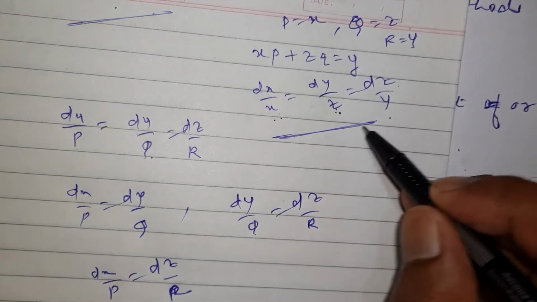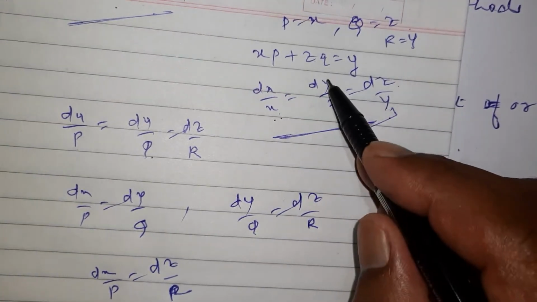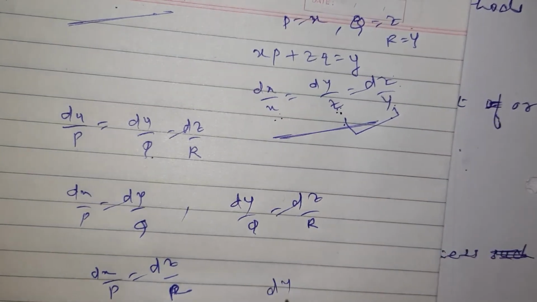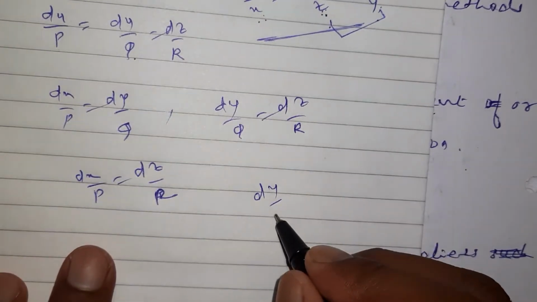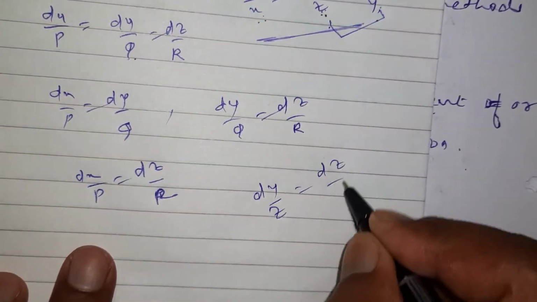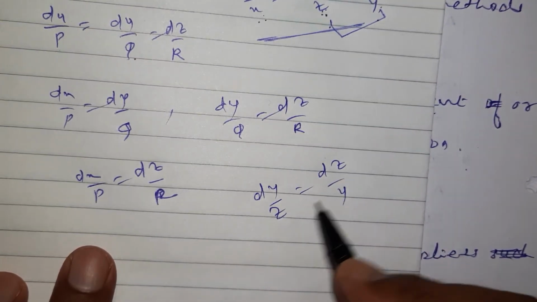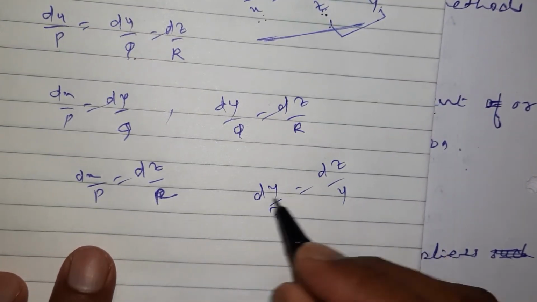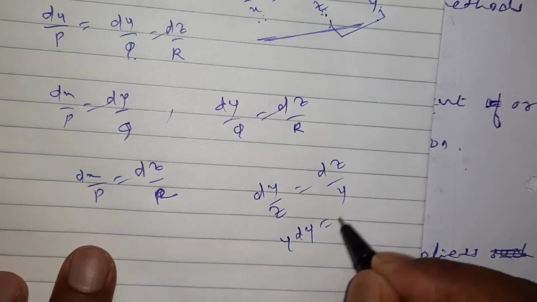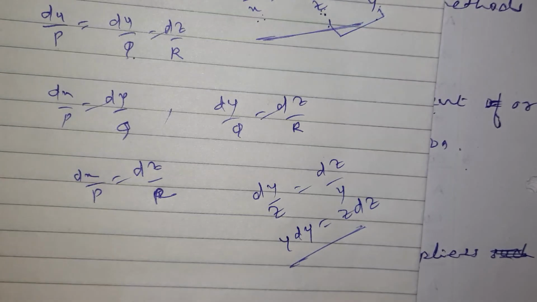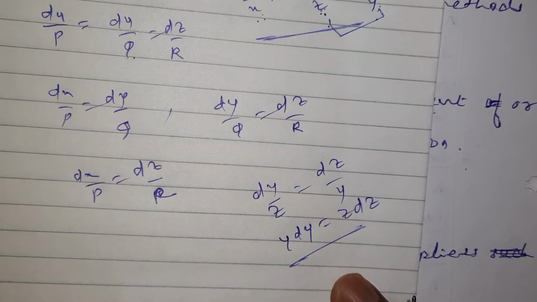Clearly. Now if I take these two, dy upon z is equal to dz upon y, there is no x here, so this group is possible and we can solve it. Multiply by y: y dy is equal to z dz, and we can integrate and we get the answer. Understood the method? So the third variable is either absent or it may be cancelled in the calculation, right?